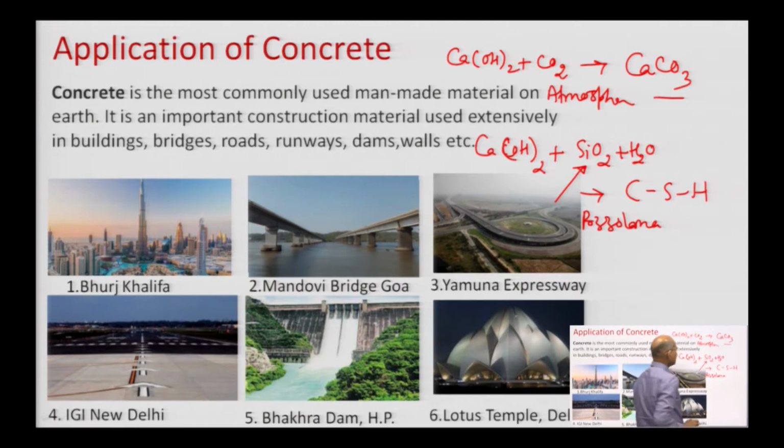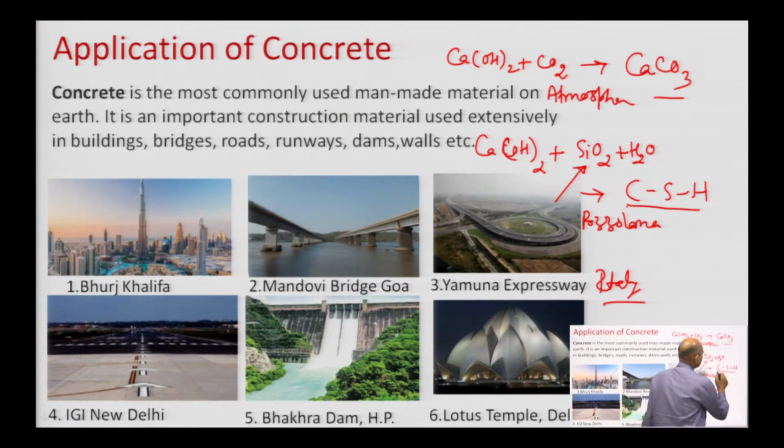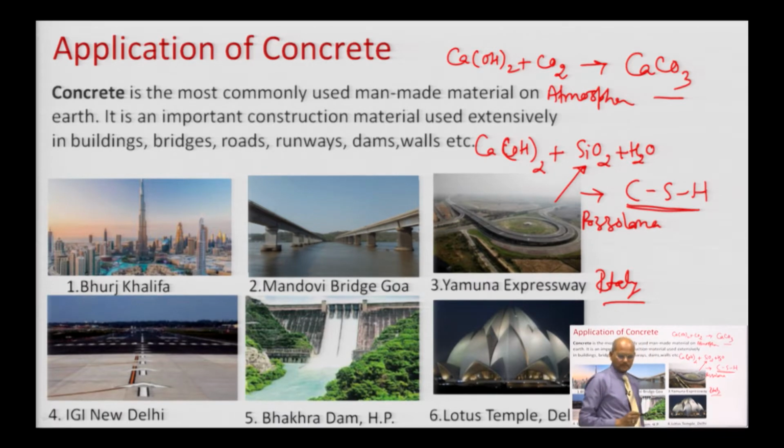So, why is it called pozzolana? Because pozzolana is nothing but volcanic ash, and it was available at a place, Pozzoli, in Italy. Based on that name Pozzoli, it is called pozzolana. They have cementitious properties. Once it reacts with the water, it makes a very hard substance, CSH. This was known to the Greek people and Roman people, and they used to do everything with the help of this.